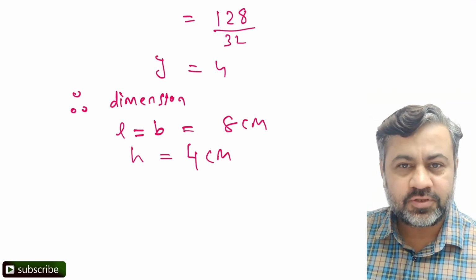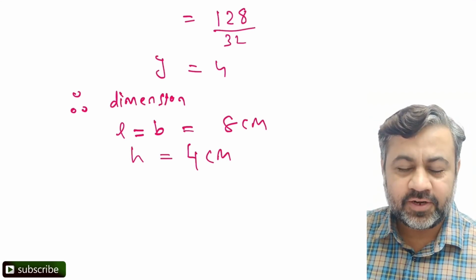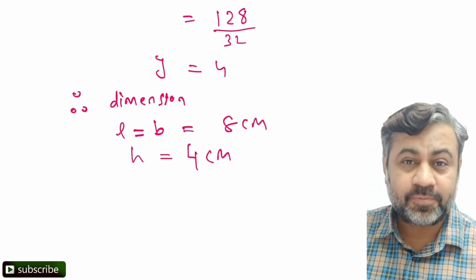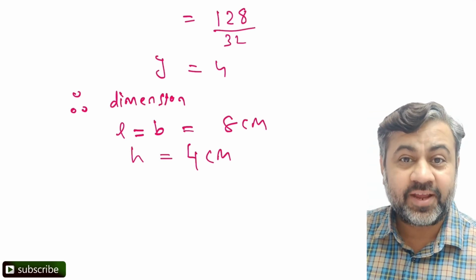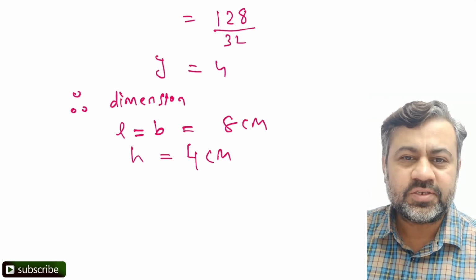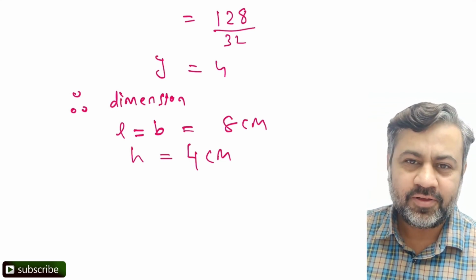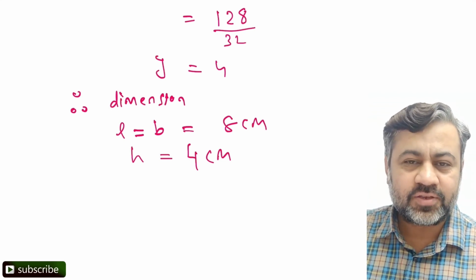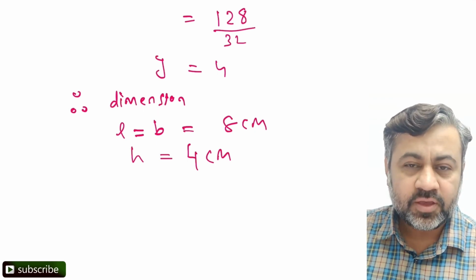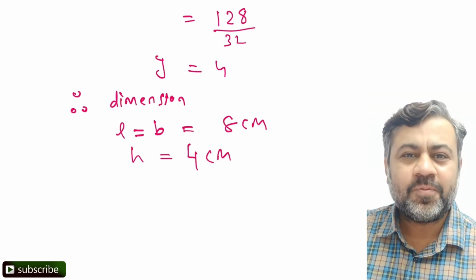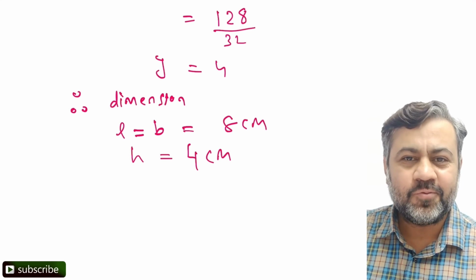Form the function, step number 1. Take derivative, take double derivative, step number 1 to 3 हो गए. Step number 4, take first order derivative to be equal to 0. आपको x का value मिलेगा. Substitute this value of x in double derivative, that is step number 5. If you are getting negative value, maximum, positive value, minimum.